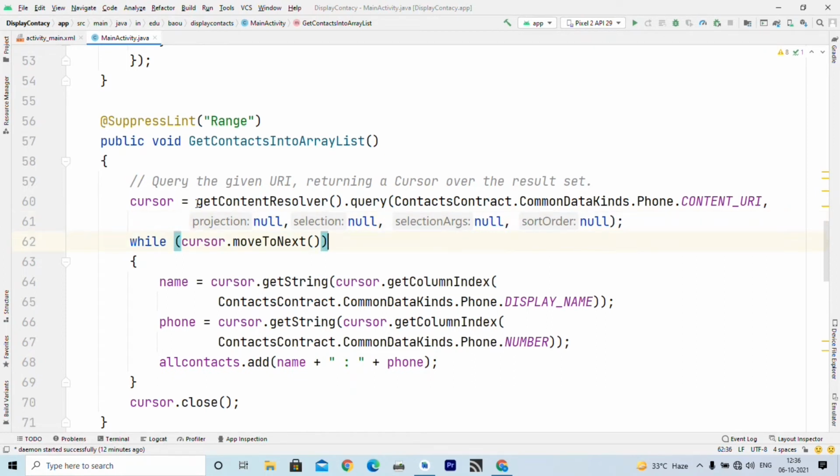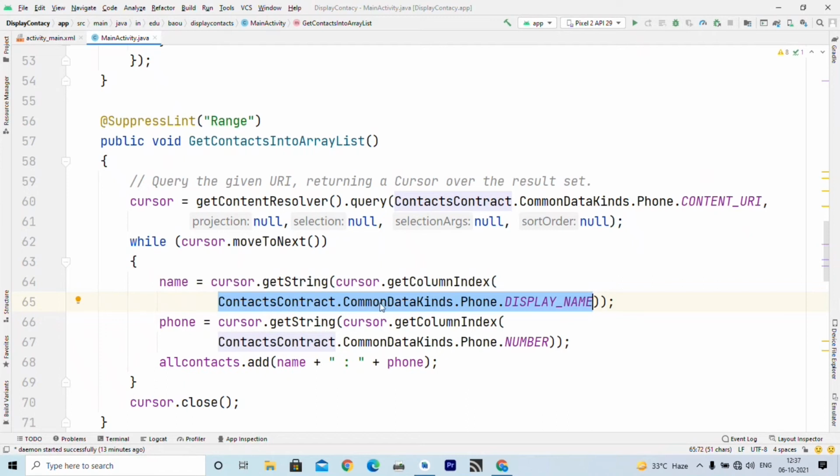Now here we write down while loop as we discussed earlier, traverse records one by one until end of table is reached, and inside name we want to get string data type at index specified by this column. So basically this highlighted text refers to column name, and using get column index, we get index of that column from table, and at that index whatever value is stored we will fetch using get string method.